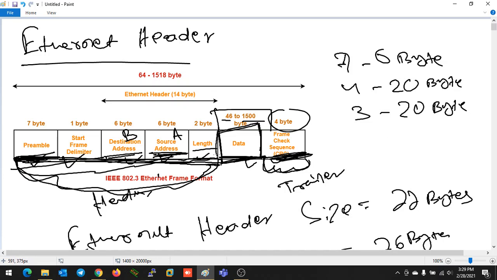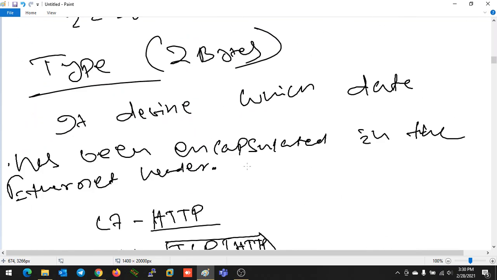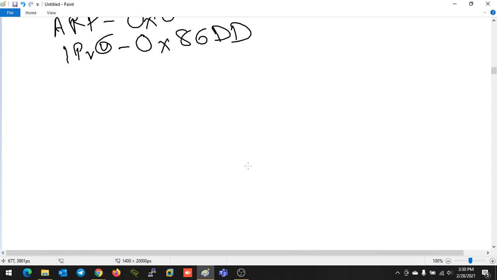So the data size will be at least 46 bytes. Then, according to the MTU, you know the default MTU size is 1500 bytes. So the maximum data which can pass through layer 3 will be 1500 bytes. For that reason they mentioned a maximum size of 1500 bytes. Then one more field we have is the frame check sequence, or FCS, which is also known as the trailer.